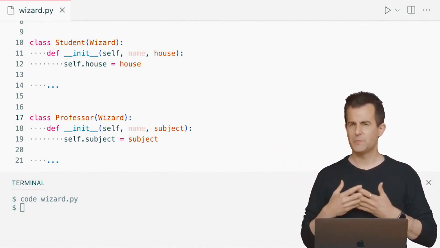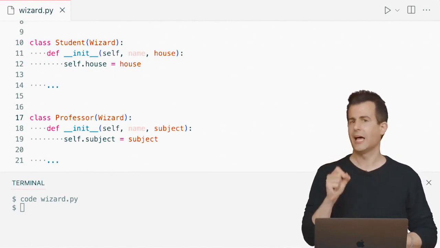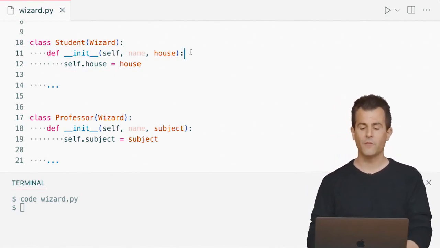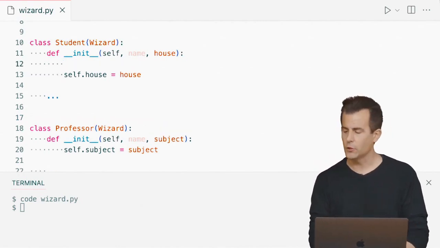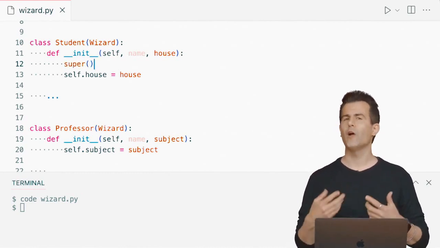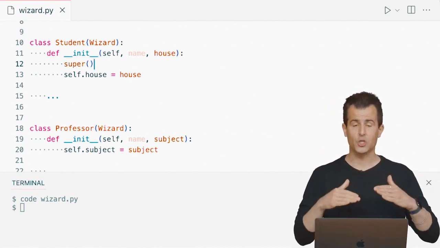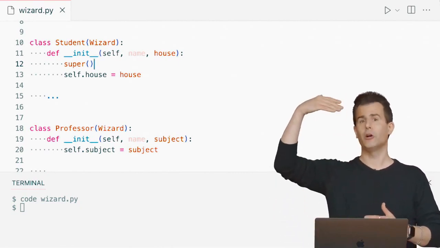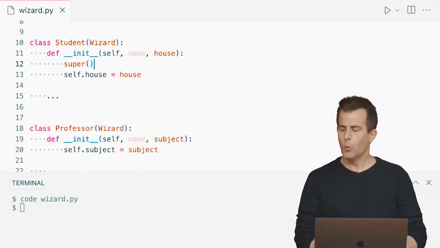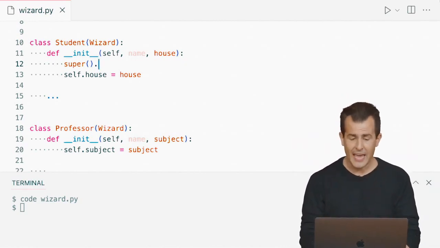I need to somehow explicitly say that I also want to use the functionality in the wizard class's init method. And the way to do this in Python is as follows. Let me go into my init method for student, and let me call super with no arguments, which is a reference to the superclass of this class. So if this class is student, the superclass, that is the parent class, is wizard. So super, open paren, close paren, will have the effect of accessing the superclass,